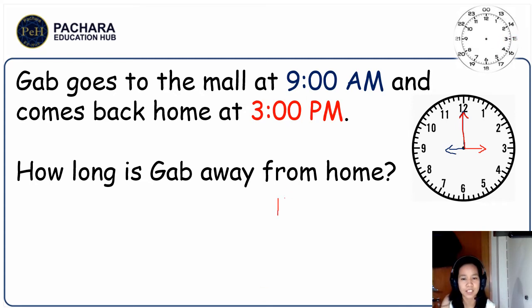Okay, so 15 o'clock or 15 hours minus 9 o'clock. 9 hours 0 minutes. Okay, 0 minus 0, 0 minus 0. So 5 minus 9 cannot, so you need to borrow. Okay, so 1 will become 0 and 5 will become 15. Now, let's see, 15 minus 9 equals